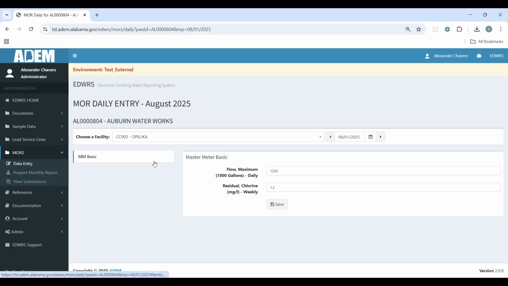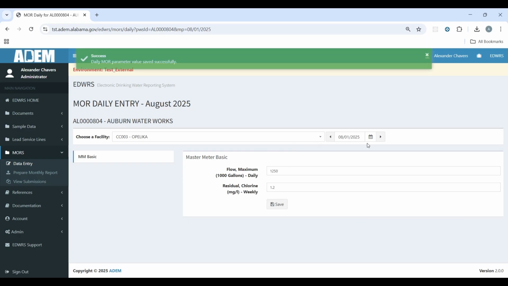If we choose a facility such as a consecutive connection, you will see some similar titles. On the left-hand side, you'll see those limit set names such as MM Basic or Master Meter Basic, and this is the group of parameters that a system would be required to monitor for consecutive connections such as flow and residual chlorine. An operator could carry their phone with them in the field and pull this form up and enter this data as they're collecting it and save it, and it would be available at the end of the month